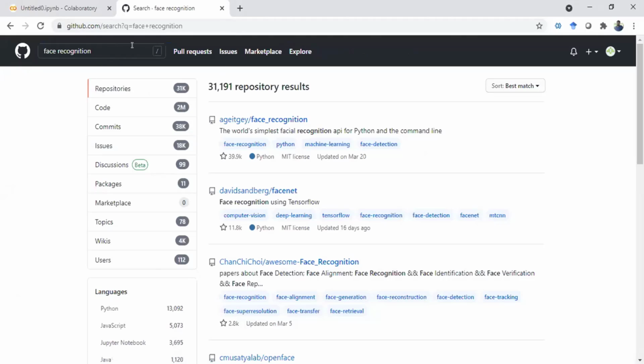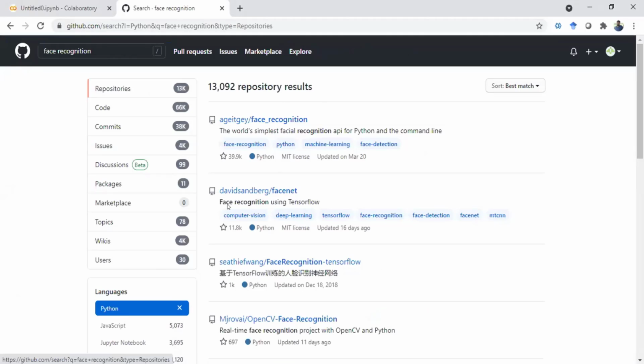Just write some concept that you want, and then you will be able to see so many codes that are already available, and you can choose the language. For example, you are interested only in Python, you can see so many codes already there. So it's a repository containing open source codes from across the globe. Okay, and sometimes it is licensed, sometimes it's done by some individual users and uploaded.